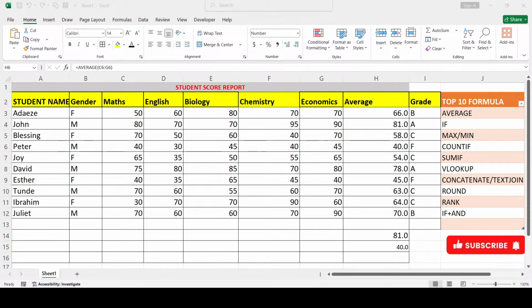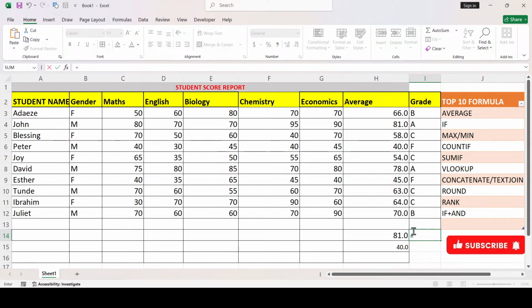Okay, let's continue with the count if. Equal to, okay, for now, let's count how many people scored. We have a lot of female here. Let's check how many people scored from the average. How many people got, let's say C? How many people got C? As we are doing this, you can calculate it manually on your own to check if your Excel is correct. Equal to count